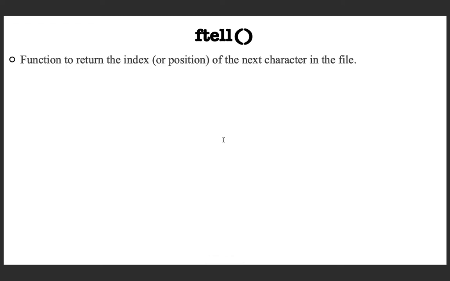Now we are coming to the third function, which is ftell, which we have not discussed in the last class in the examples. So first we will see what this function is for. It is a function to return the index or position of the next character in the file.